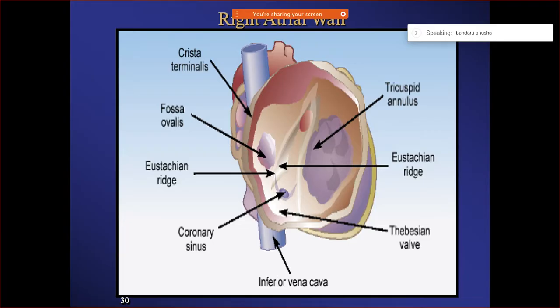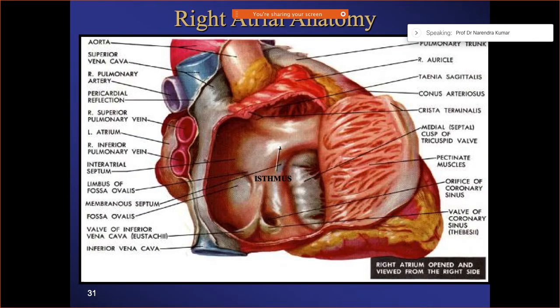Yeah. So, for example, if we look carefully in this figure, we can already start noticing there are several structures which may interfere, especially with the normal conduction system. So what we notice over here is the crista terminalis, yeah? It is the C-shaped ridge of muscle that extends along the right atrial free wall. It lies anterior to the vena cava ostia and separates the region of blood entry from the rest of the right atrium. So then we can also notice those pectinate comb-like muscles which are running from the crista terminalis,